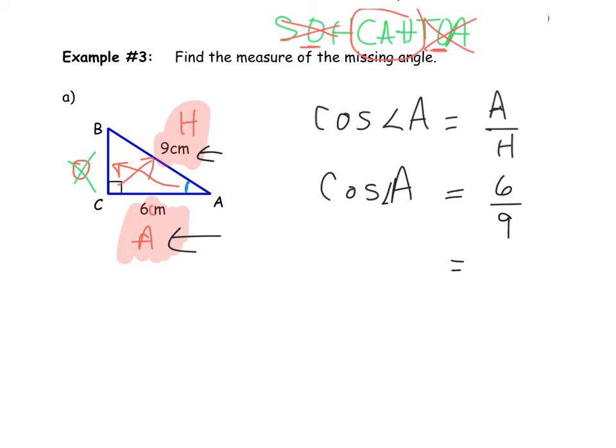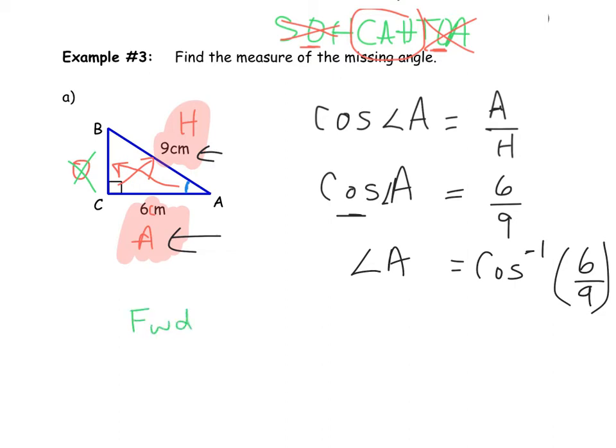I would write out, well, angle A, I'm going to undo this cosine. Angle A is equal to cos to the -1 of 6 divided by 9. And so what does that look like when I type this into my calculator? Well, again, it depends if you have a forward or a reverse calculator. So if you have a forward calculator, you're just going to type it in exactly like that. You're going to press usually your second function, and then your cos to the -1 button, which will be your